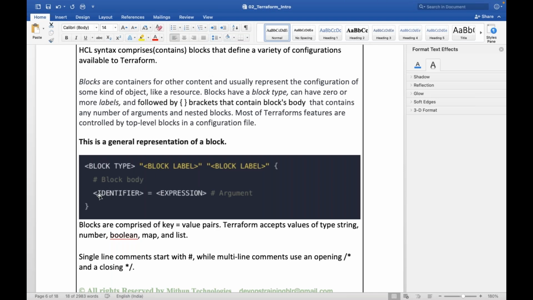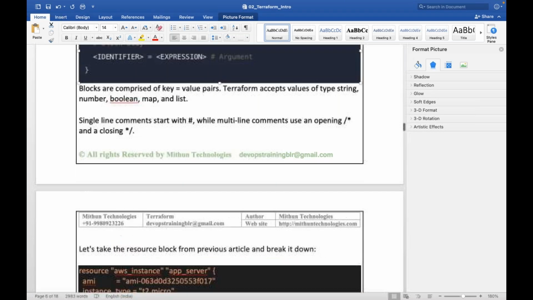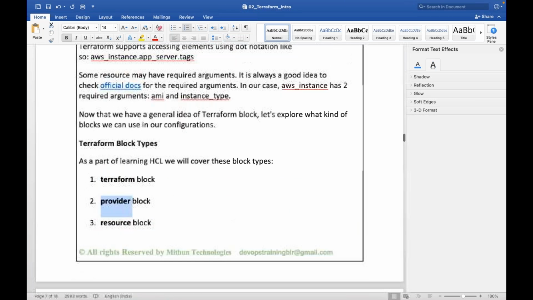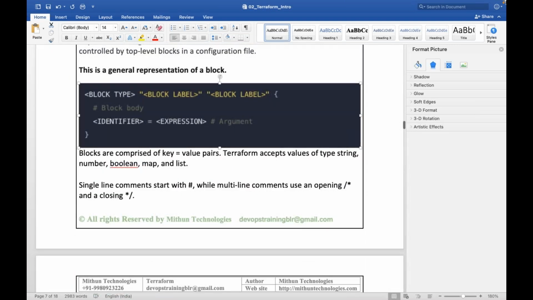These are very, very important fundamentals you need to know before you write the Terraform script. You should not memorize anything here. You need to understand what is the Terraform block, what is the provider block, what is the resource block, what is the variables block. But before I explain these, is everyone clear what is a block first of all, when it comes to Terraform?